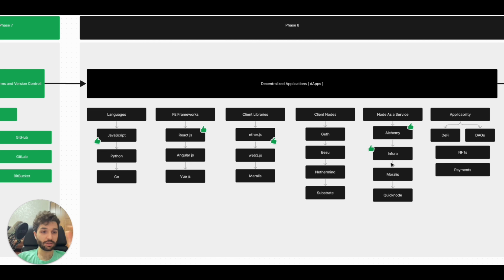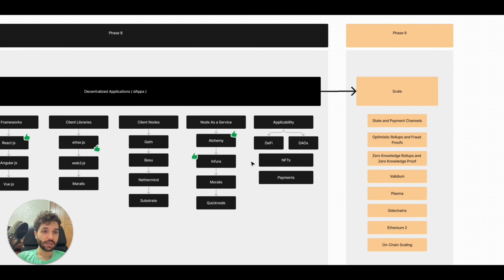Okay. And also you should know about NFTs, how we can make an NFT, what NFT is at all, why we are using them. Payment, for example, let's assume that you want to withdraw some payments to a wallet, how should you do that with the Ether.js library with your smart contract. These are the steps that you should learn if you want to develop a decentralized application.